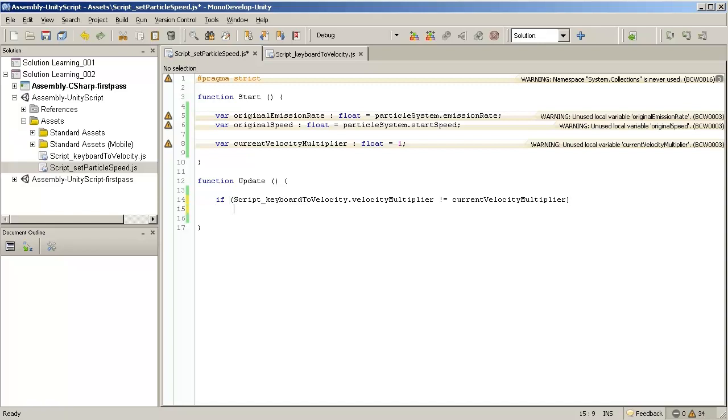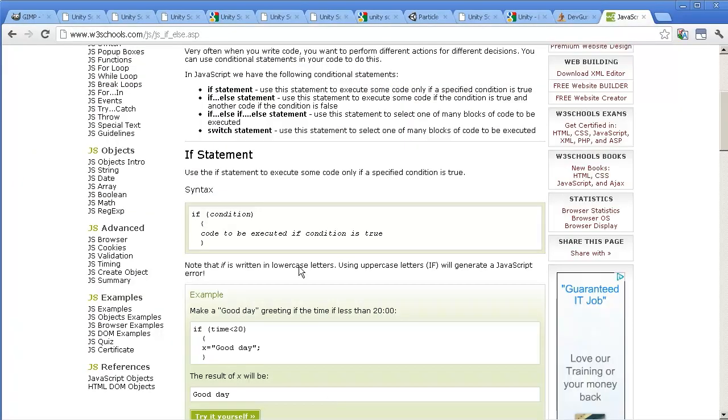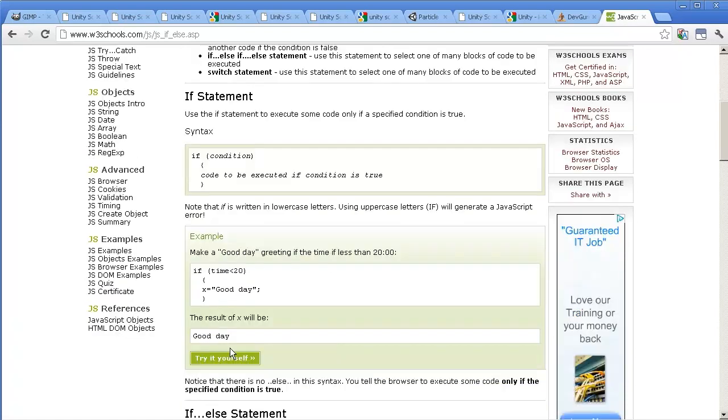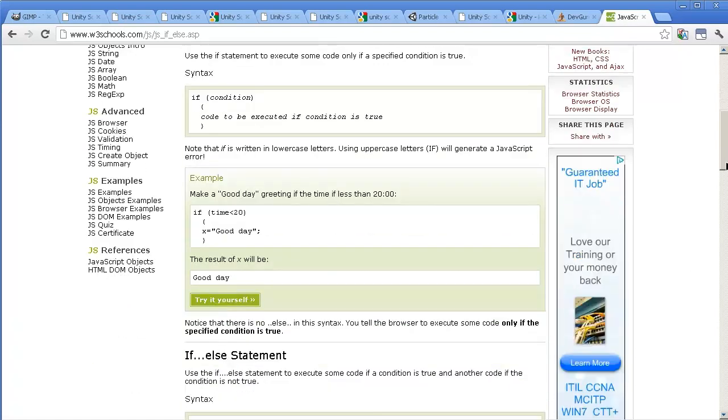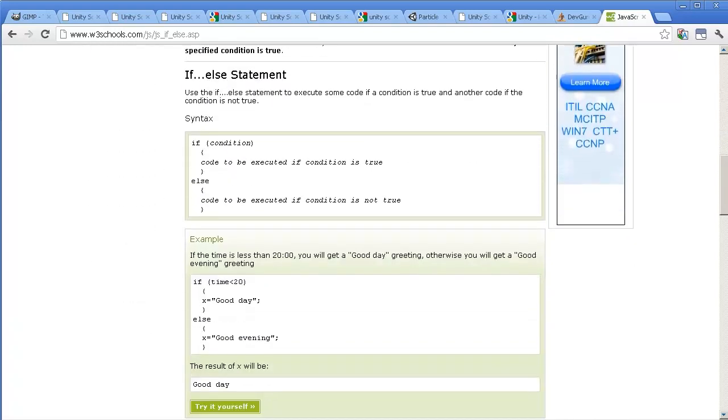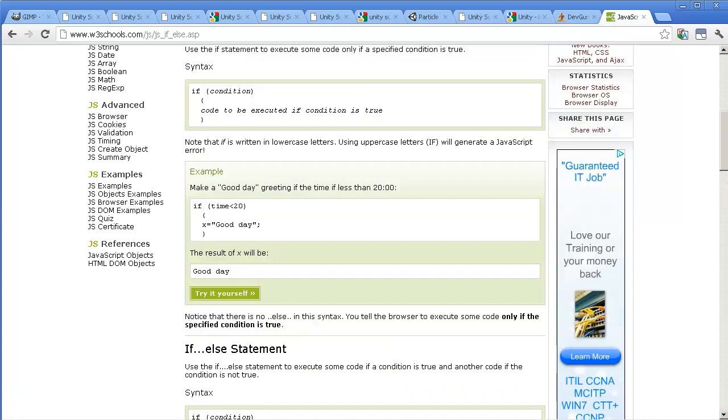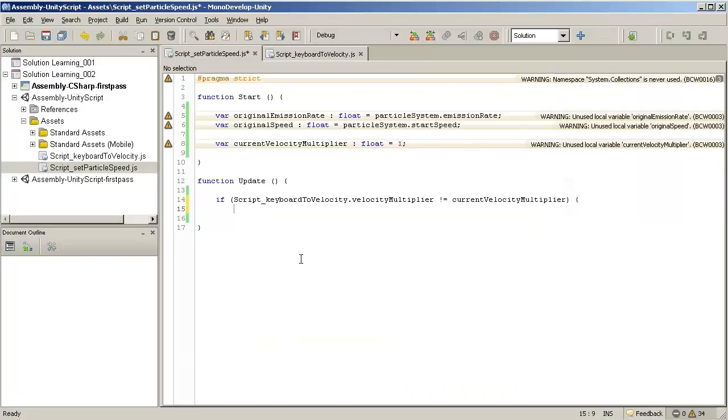Then, oh wait, I want an if bracket. If else. I don't need else, do I? Okay, if those two aren't the same, then